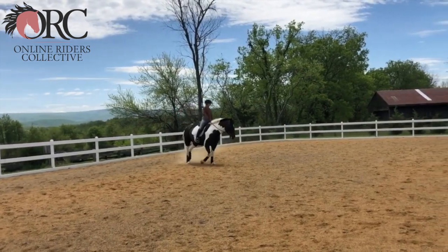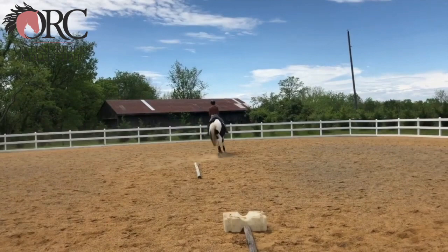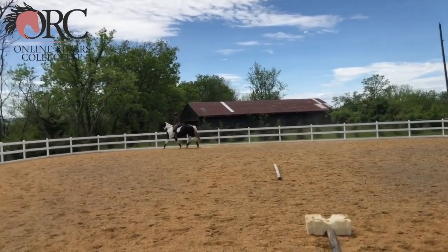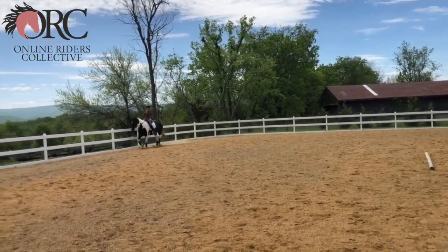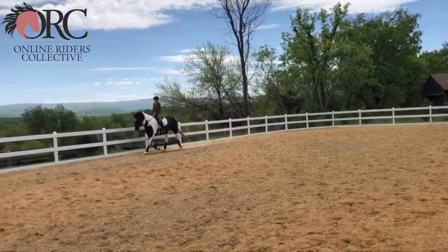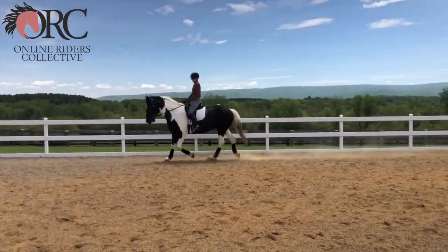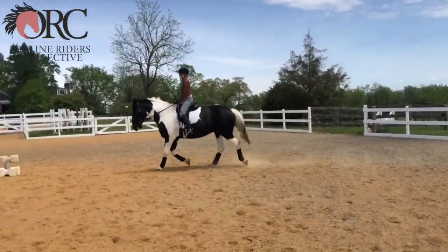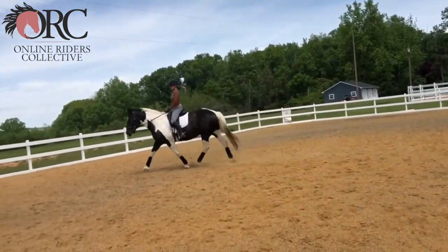I can tell that she is a little bit of a stiffer type and has a chunkier neck. Sunday Boy was like that too. So a lot of lateral suppleness is what will help you get her body a little bit looser. So throwing a lot of 10-meter circles or 12-meter circles, 15-meter circles, I would go down the long side, and every 10 meters, like every time there would be a dressage letter, I would do a 10-meter circle and make